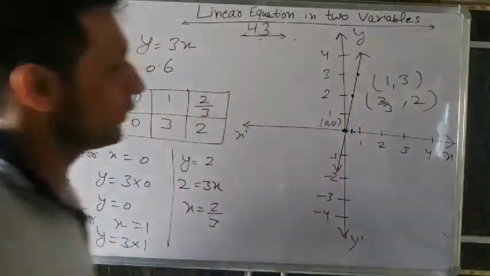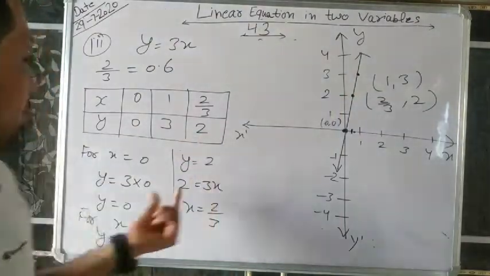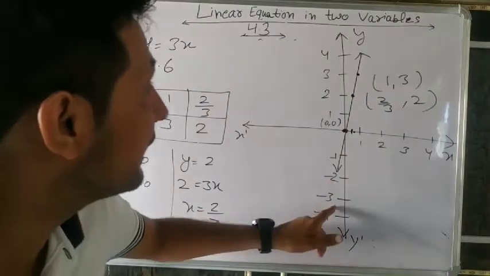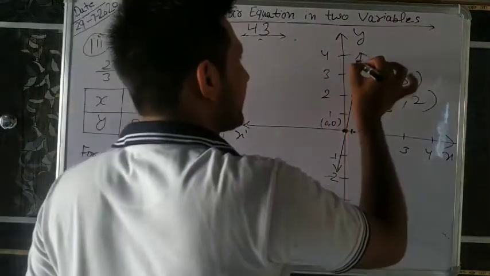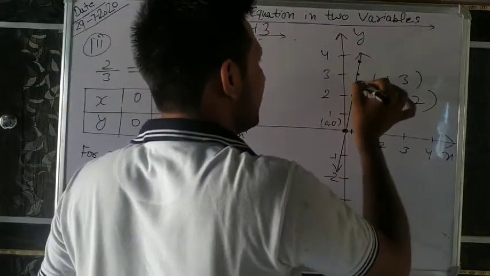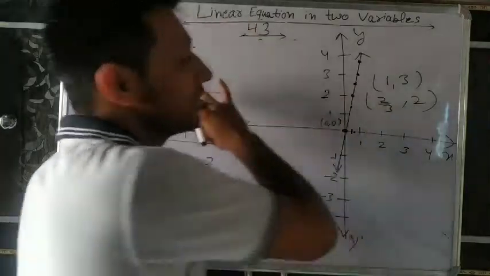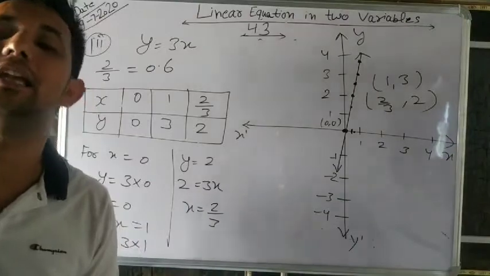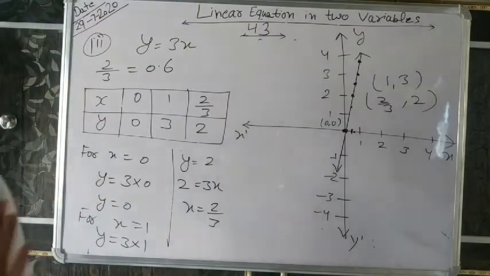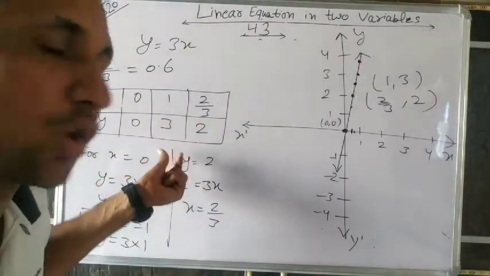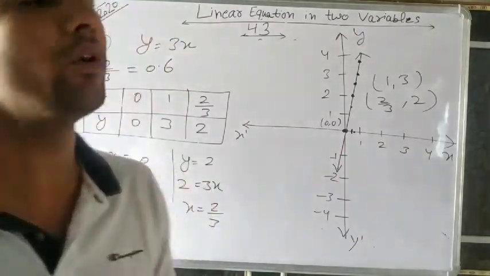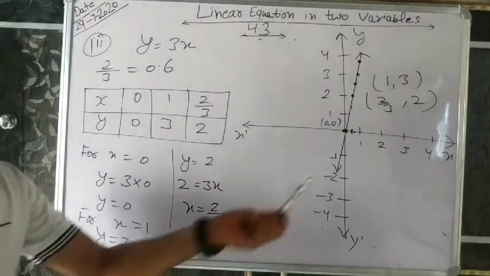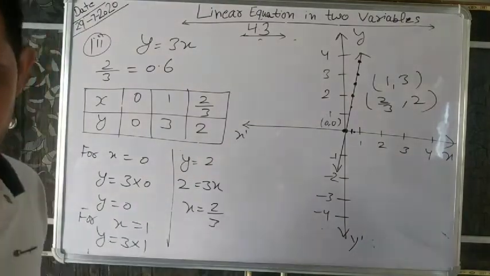And again we observe every solution of this equation. Solution of this equation is on the line, and on this line, how many points? Infinite points. So this equation has how many solutions? Infinite. So this is the graph of the linear equation in two variables. Very simple. First we will find solutions and draw in graph. Everyone knows easily. In 8th class also we learned how to draw the points on graph. So our first question is finished.